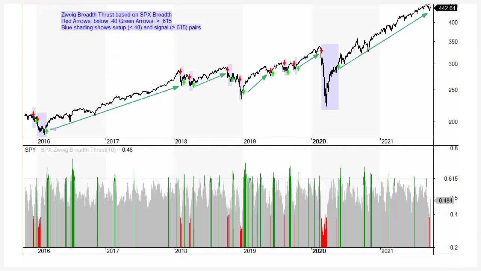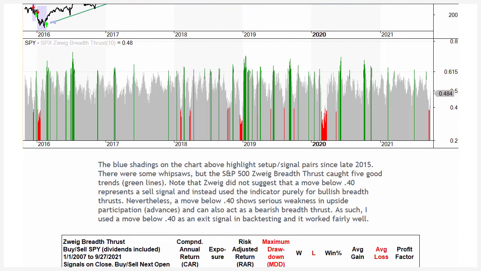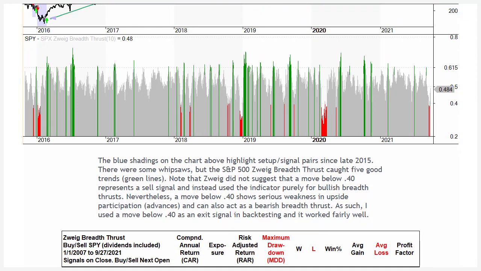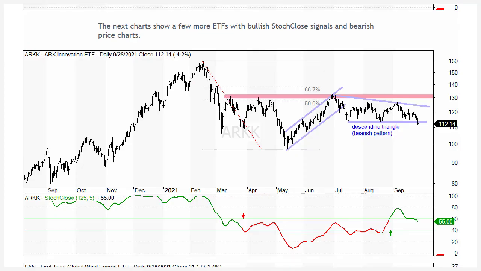I also ran a little back test to test these Zweig Breadth Thrust signals, and I did that from January 2007 until the end of September, and it worked out pretty well, and that's available for subscribers to trendinvestorpro.com. Now moving to rotation, and what I want to focus on is the ARK Innovation ETF,